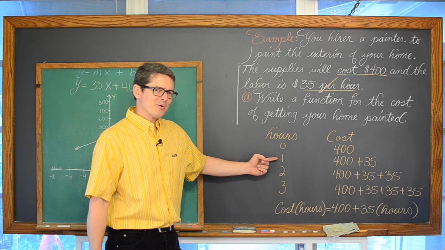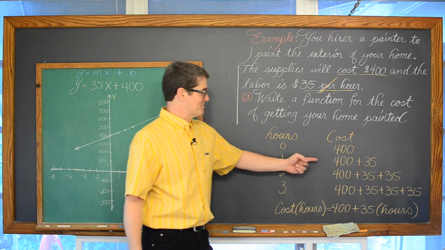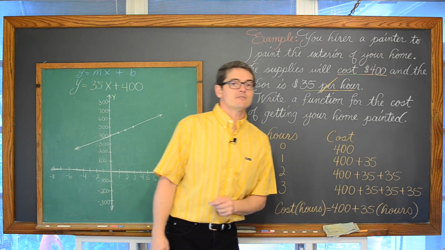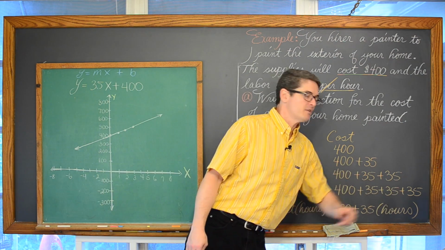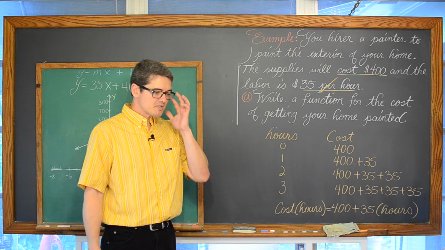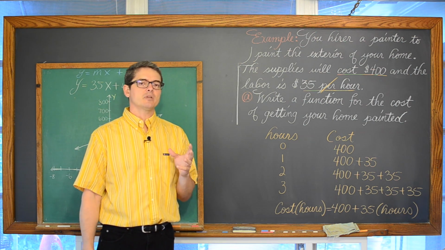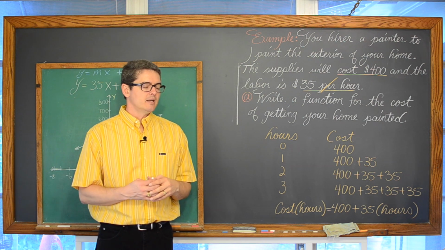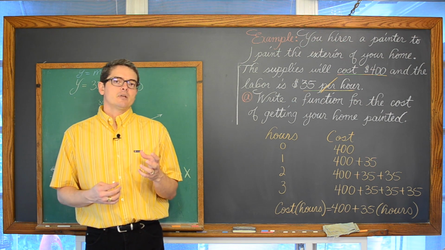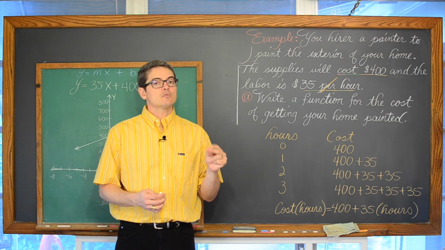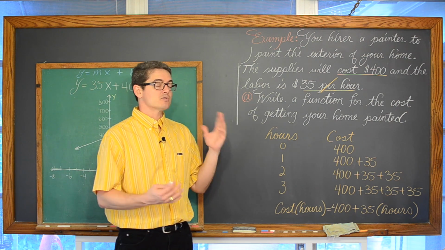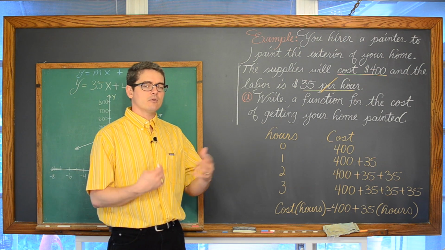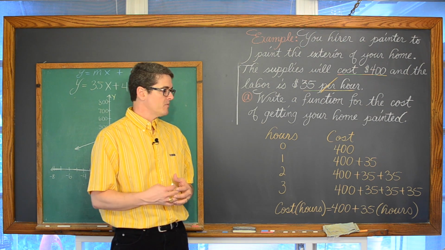If he takes 1 hour to paint the entire house, which I'm sure is not going to be the case, that's 400 plus 35. For 2 hours, you're adding that 35 twice. For 3 hours, you're adding that 35 3 times. And if the numbers are simple enough for you to, you know, this is sort of like a pattern recognition type setting. Even if the numbers are simple enough that you can just sort of rattle those numbers right off the top of your head, like maybe he was only charging $10 an hour and you were like, oh, it's $10, $20, $30, $40, $50 an hour for, or $30 or $40 for labor.